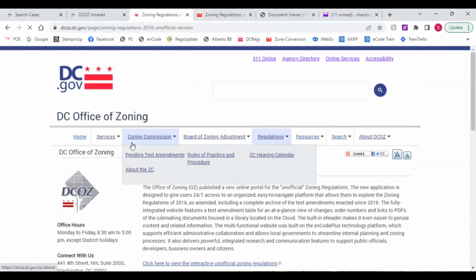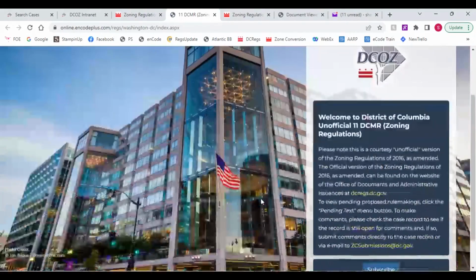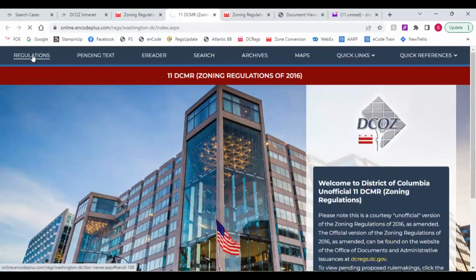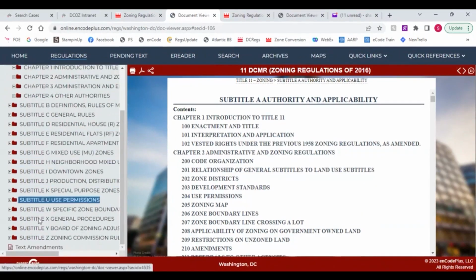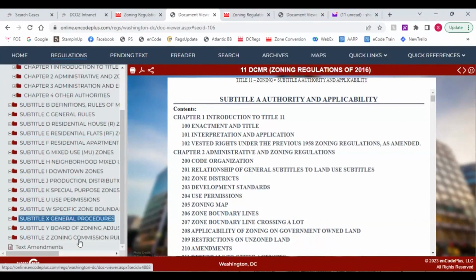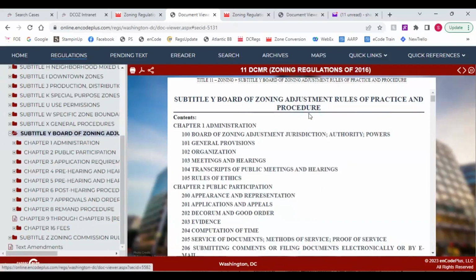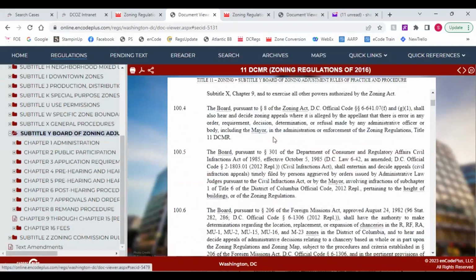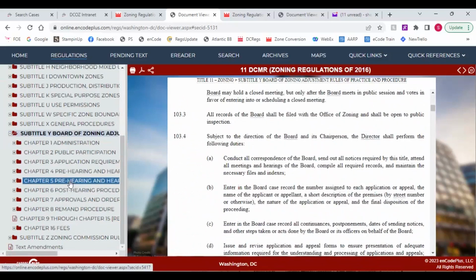This is great for anybody who hasn't seen our online interactive regulations. This is what it looks like. You just click here for the zoning regs, and you have all of the subtitles listed here, all 16 of them. If you want to go to, let me just pick BZA, since it seems like that's where a lot of people go, you've got the whole Subtitle Y over here. Or if you know you want to go to the pre-hearing section, Subtitle Y, Chapter 4, you can just click on